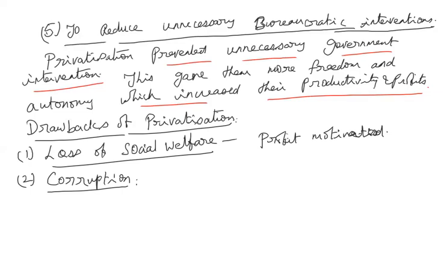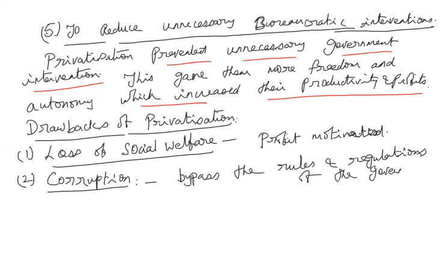So most of the private sector, if there are too many rules and regulations, will automatically try to bypass the rules and regulations of the government. That amounts to corruption. Because, first, the government usually cannot say that you should not produce this commodity, because you would be neglecting the welfare motive. You should not involve yourself in providing this kind of service.